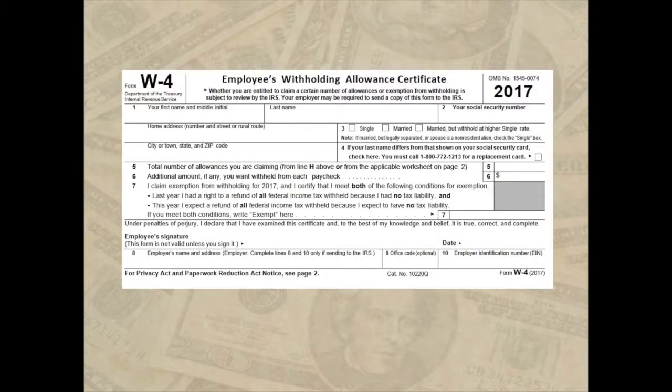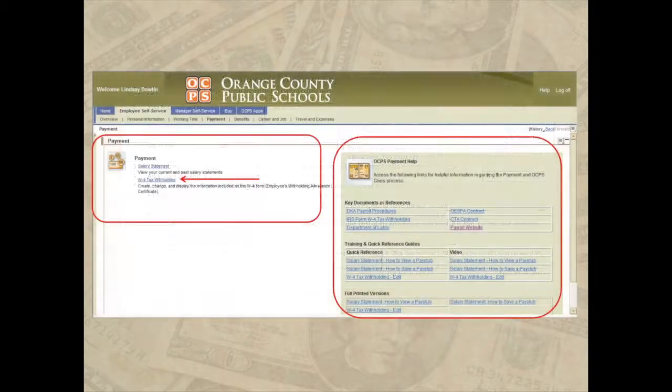This section in Employee Self-Service is the same as completing the W-4 form. This process is required to be completed by all OCPS employees. This is a copy of the 2017 Employees Withholding Allowance Certificate, or W-4 form. In Employee Self-Service, you will select W-4 tax withholding and refer to the instructions on the right side of the